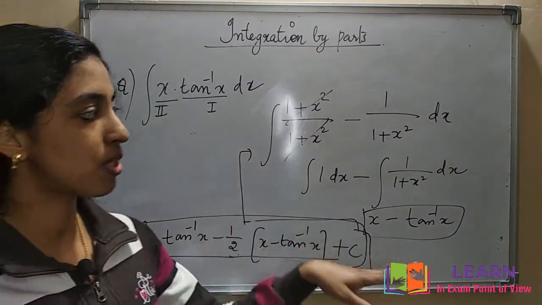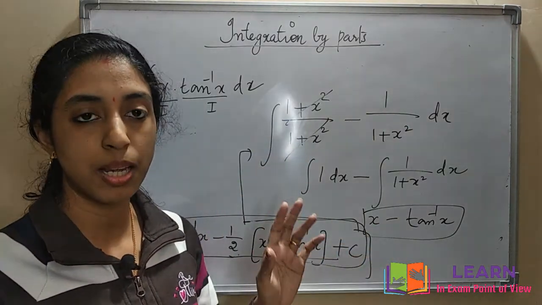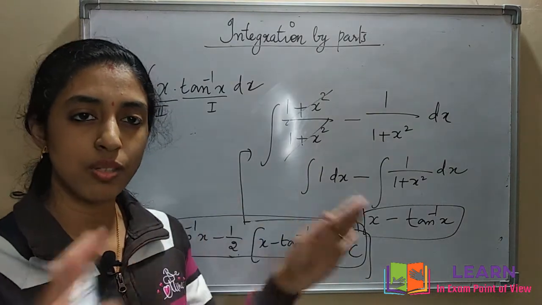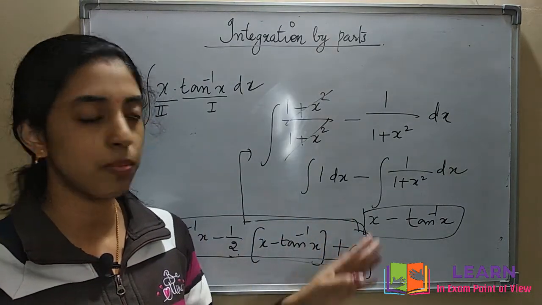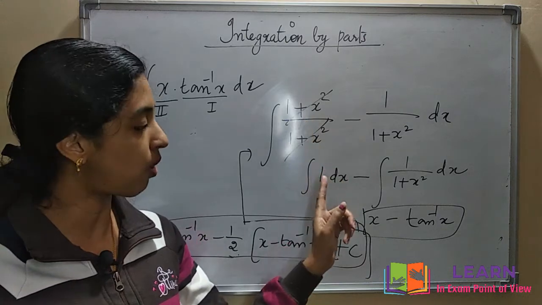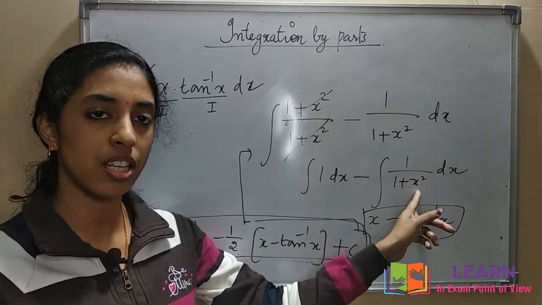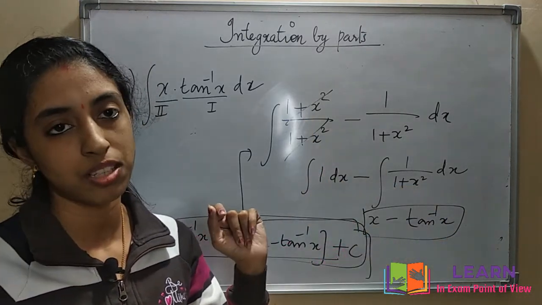That means we added 1 and at the same time subtracted 1. Why? In order to split the complicated term. Then here it will get cancelled, only 1 remains. Here the integration formula we know, which is tan inverse x.